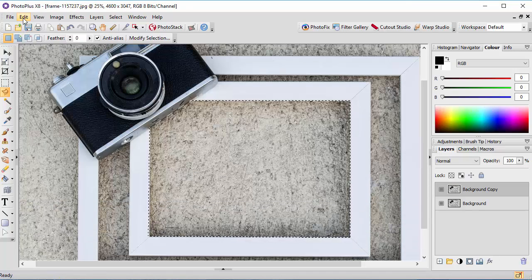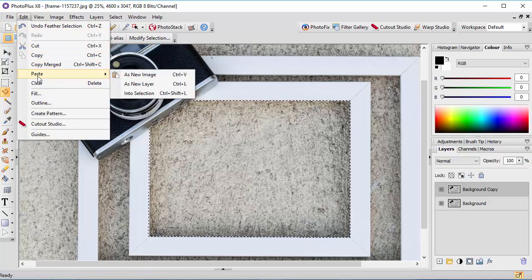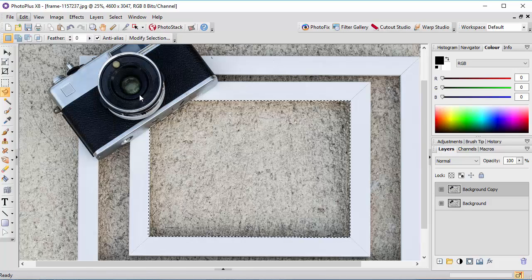and this time, instead of pasting as a new layer, I'm going to paste into selection. Because I have an area selected, this is no longer grayed out and can be used. So the keyboard option for this would be Control Shift and L. Now the difference here is, if I just click on this,